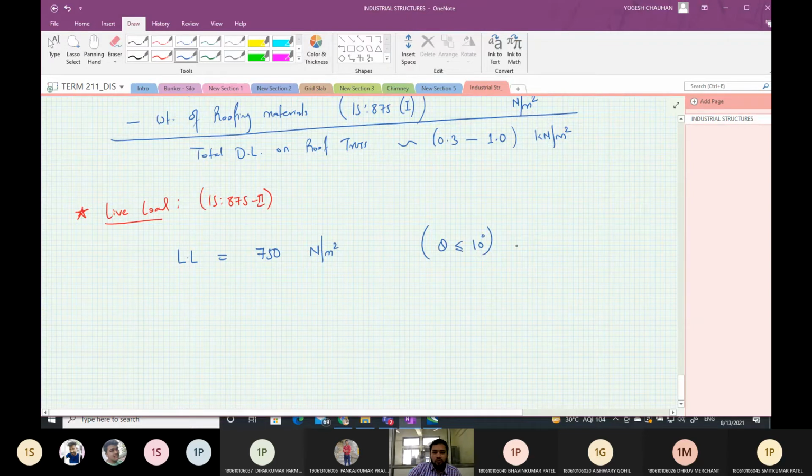So this live load is same as your flat roof.